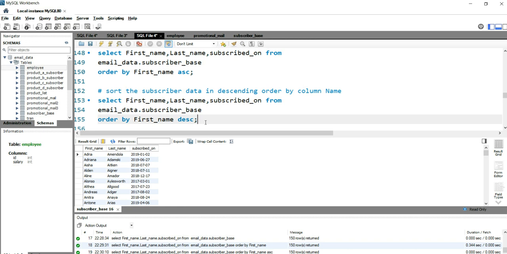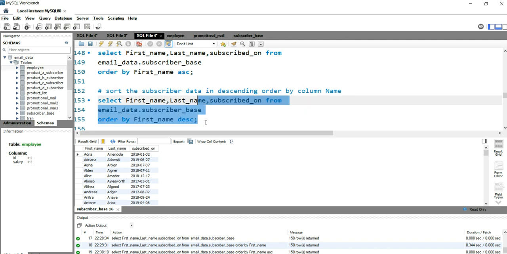So with order by, as I have told you earlier, by default when you use order by, the data set will be sorted in ascending order. But if you want to sort the data in descending order, you have to make sure that you put this keyword DESC in the last after putting the column name by which you want to sort.